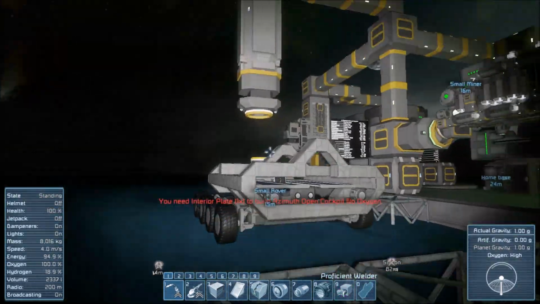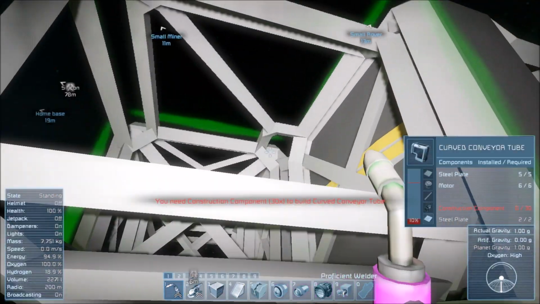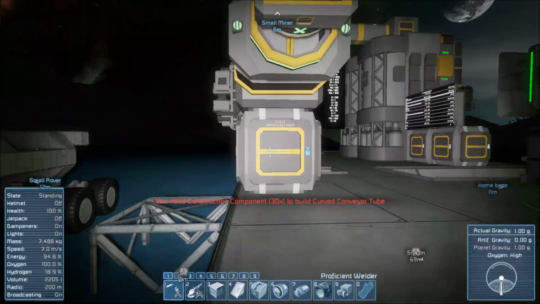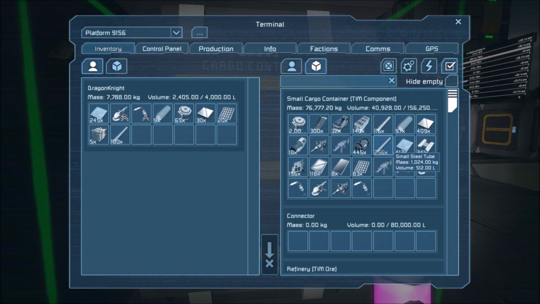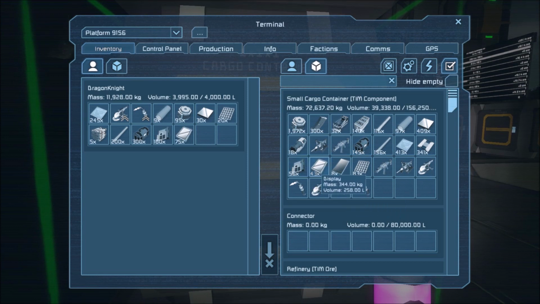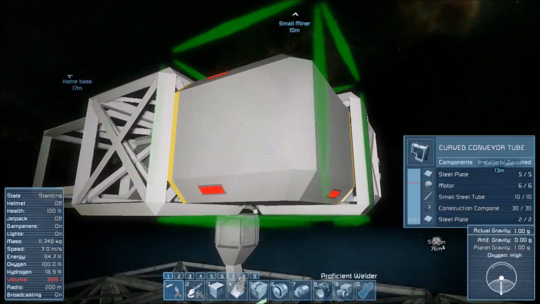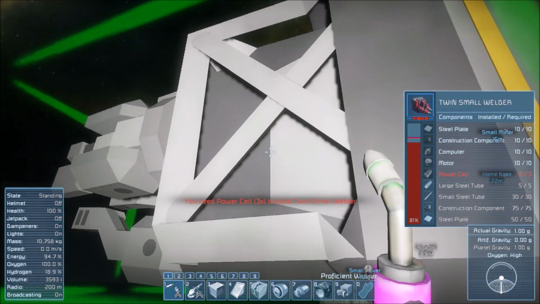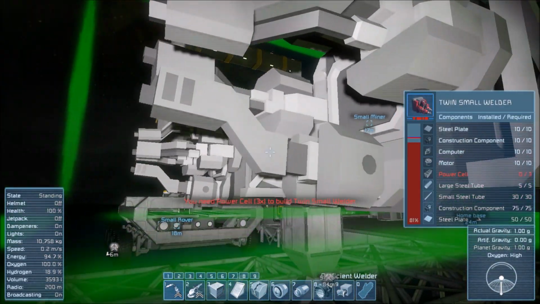Weld all this up, clear out some stuff from my inventory and see what we're missing. Small steel tubes, steel plates. Small sort of tubes. What else are we missing? We've got some motors. We can take some more motors. Construction components. Computers. Displays. Interior plates. Power cells. Right, so we need power cells for these